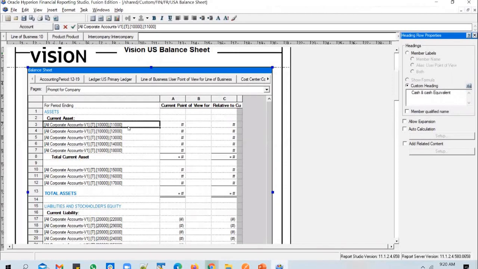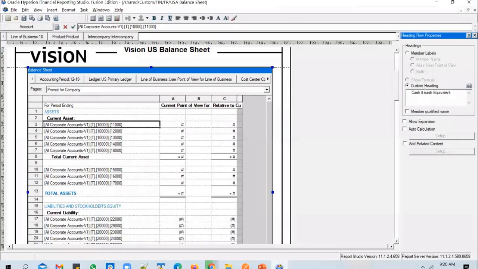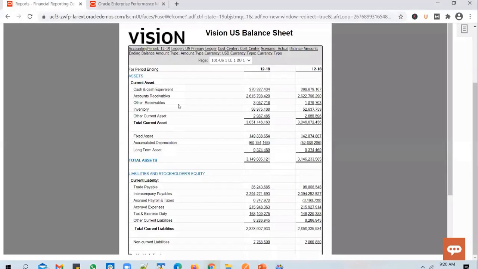And for these accounts, instead of displaying the account numbers, like 11,000, 12,000, 13,000, 14,000 here, it has given custom headings so that the report looks neat and clean and people will be able to easily understand what that balance is all about. Okay, so that's how Oracle configured the rows.